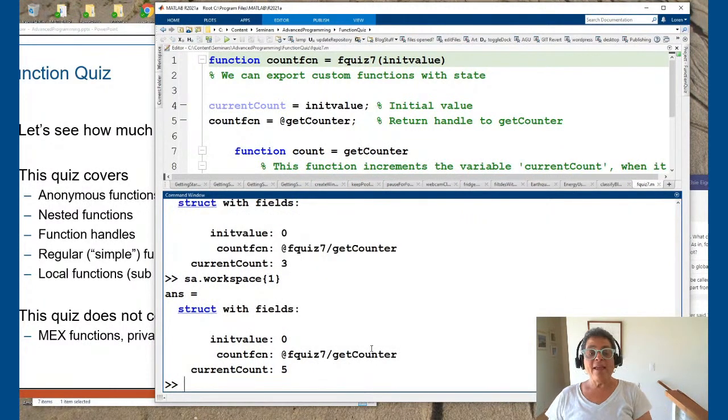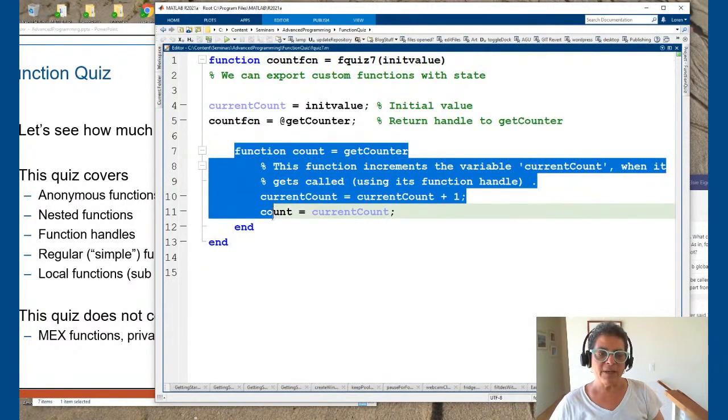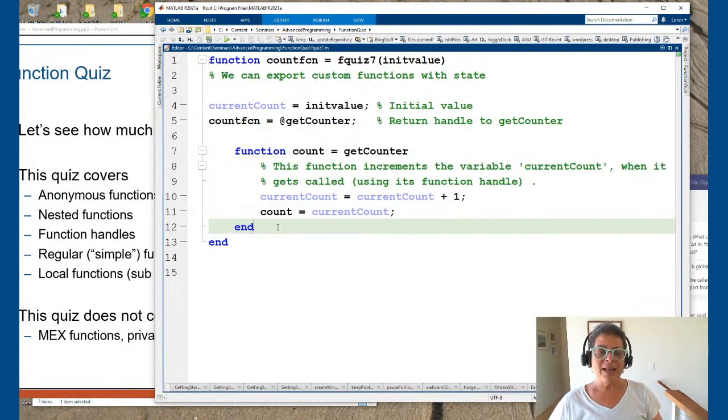And you'll see, even though they're the same function they're pointing to, since they got initialized, even though it was with the same value, they're counting at their own rates. So the current count in one is 5, and then the other one, it is 3. So now it's time to look at the rest of the code. So this code, you can see it's a nested function that meets all those different criteria I mentioned. And one thing I didn't mention, and I meant to mention, when you have a nested function, you are obligated